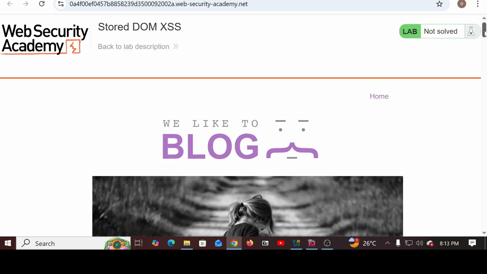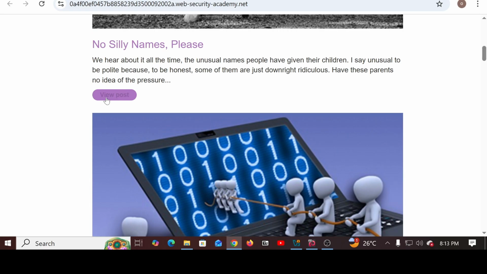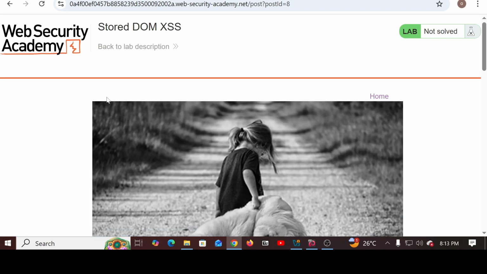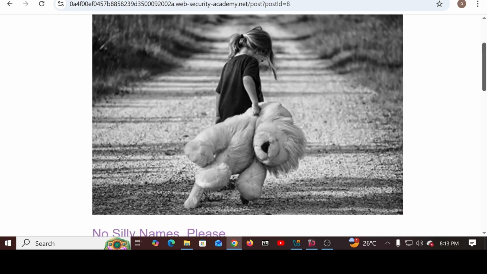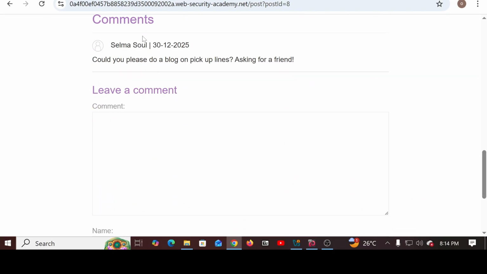Now, back to our topic of discussion. So we'll go to view post. Go down. They have given us a clue already. So comment section. So now stored DOM XSS, right? For stored DOM XSS, or rather for stored XSS,